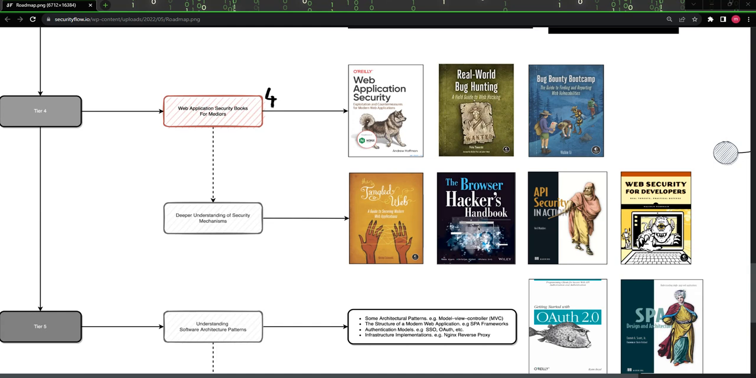The Tangled Web is one of the best books on this topic. The author discusses the web anatomy and browser security features in great detail. The Browser Hacker's Handbook is another book focused on the browser's security mechanisms as well as various techniques to attack